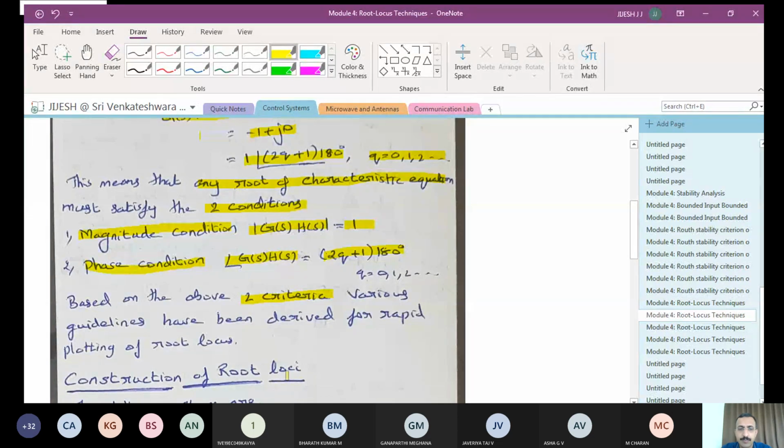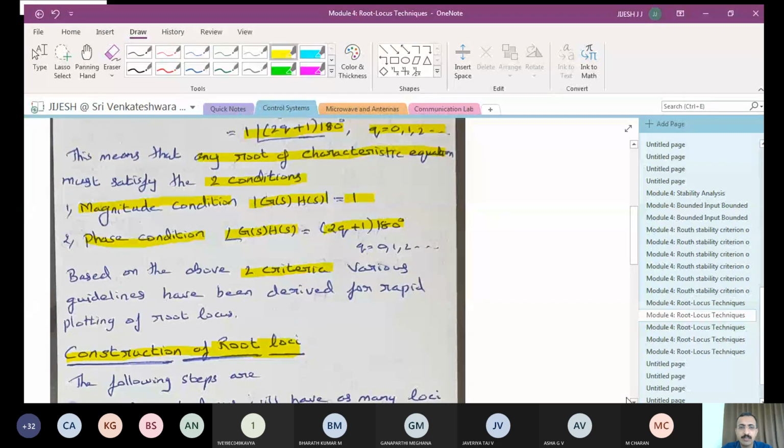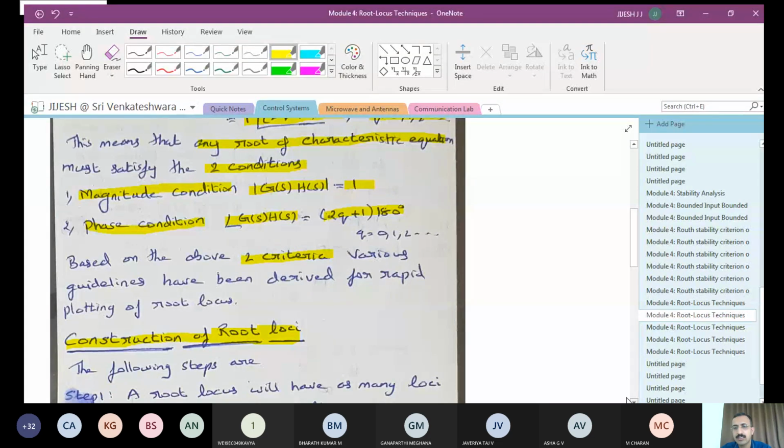Now it is very important for you to understand the construction of the root locus, that is, the steps involved in solving the problem. You understood how the characteristic equation has to be taken. You understood what the roots of the characteristic equation mean when they are in the LHS, when they are in the RHS, and when they are in both LHS and RHS, which you call conditionally stable. So you have seen stability, instability, everything. Once you note this down, we will move on to each step of the construction of root locus.